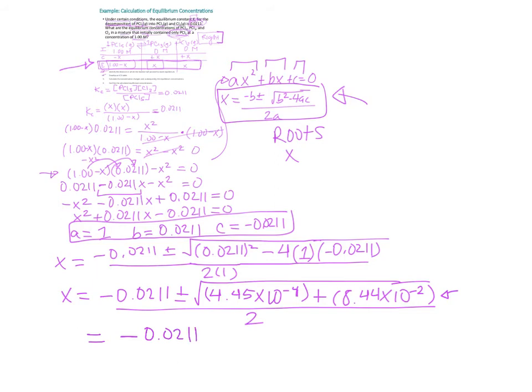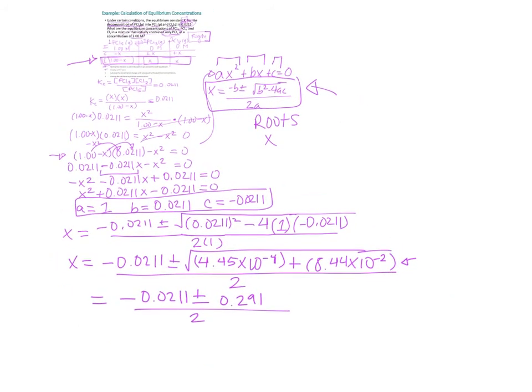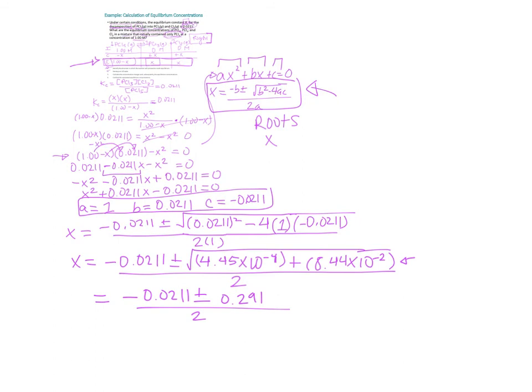everything under the square root. So to simplify that, we get 0.291. So it's negative 0.0211 plus or minus 0.0291 divided by 2. So like I said, you're going to get 2 roots from this. So one route that will give you a root will be the plus, and the other one is the minus. So one of the x's will be negative 0.0211, and this is just literally like review from college algebra, so